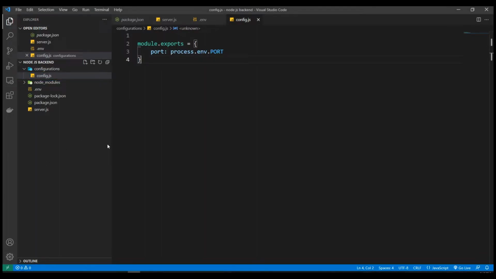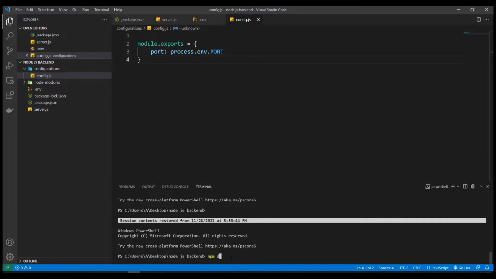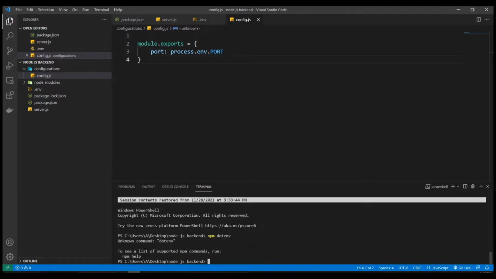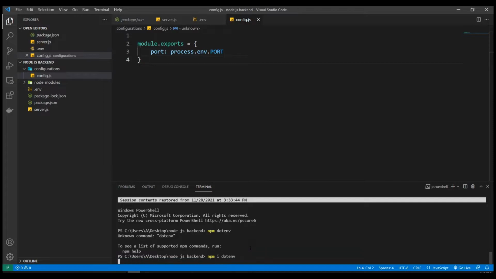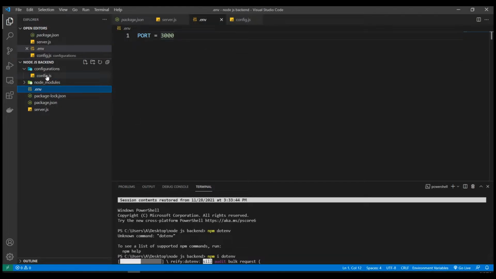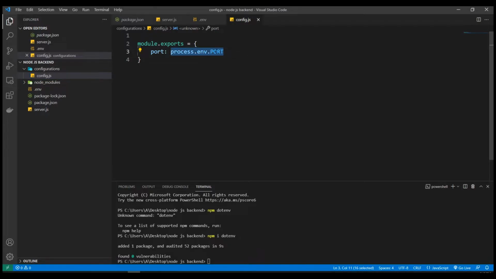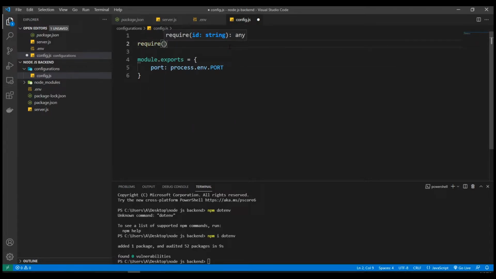Now the next thing that we want to do is we're gonna install a package called dotenv. So let's do that. npm install dotenv. And we need this package to be able to load the environment variables from our .env file right here. And this is to allow us to use this process.env.port command here. So after installing it, we need to import it, and we need to require it, so require, and then we need to type in the package name, which is dotenv, and then .config. Now if we save that,